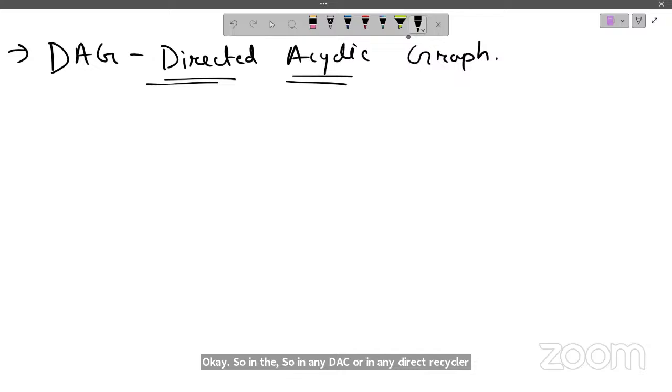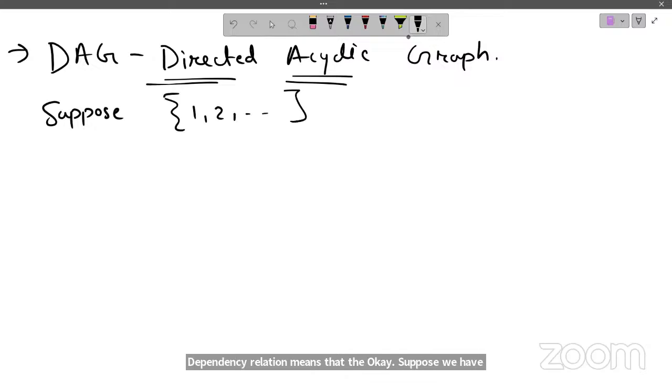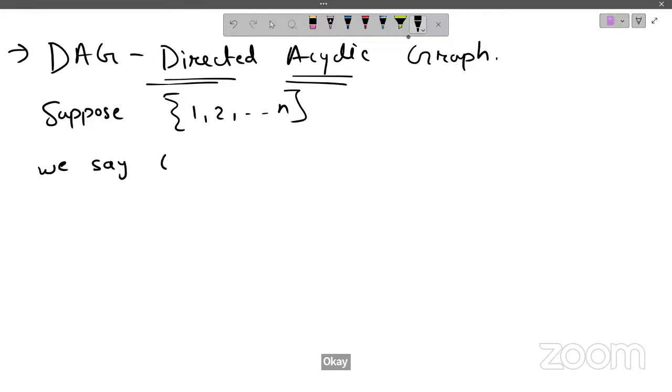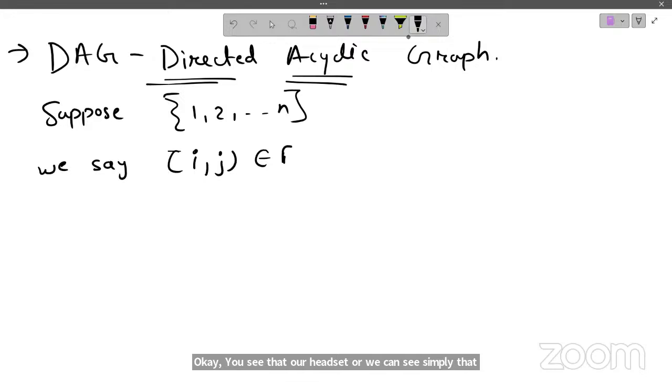Dependency relation means that suppose we have a set of vertices 1, 2, 3, and so on up to n, and we say that our edge, the tuple (i, j), belongs to E if and only if